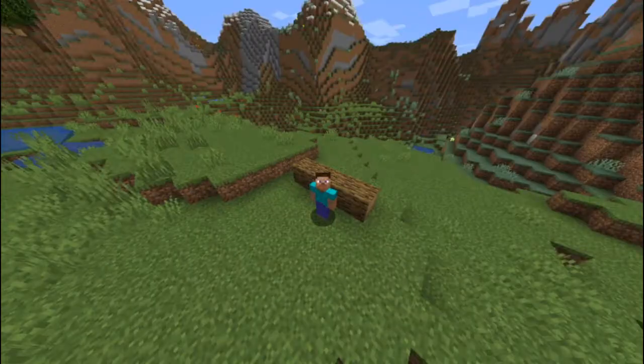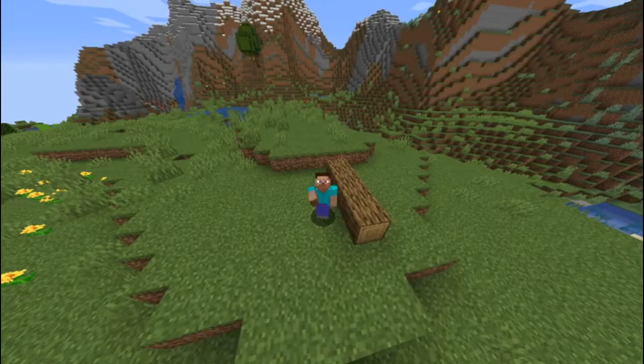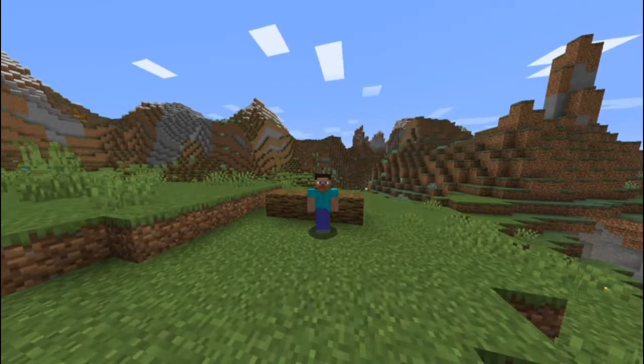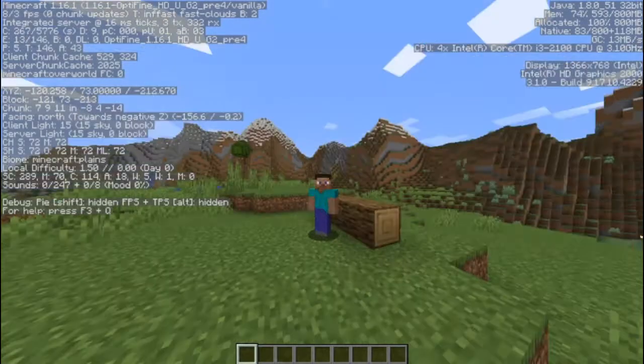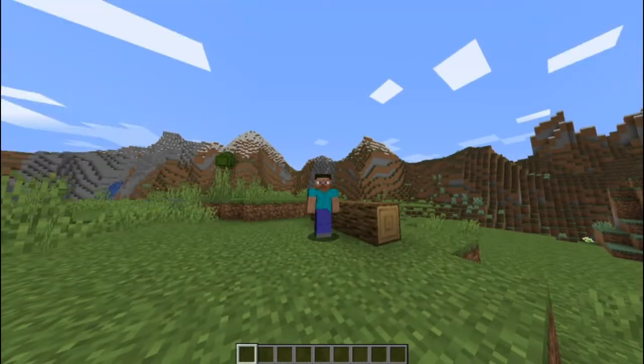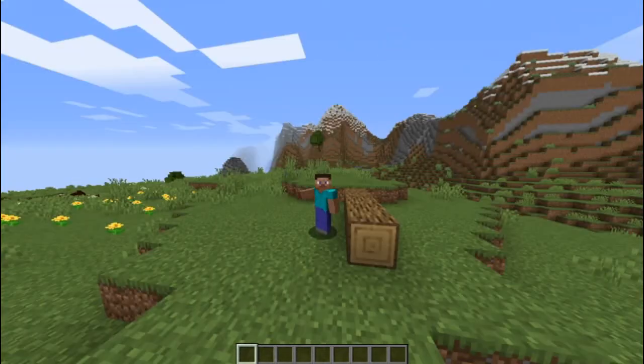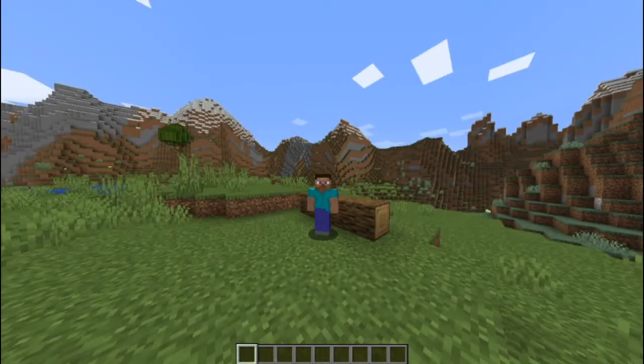Okay guys, now I'm in the game. What Optifine does is boost your FPS. Right now my FPS is at 59. That's because I'm recording my screen and my computer is running two things at once.